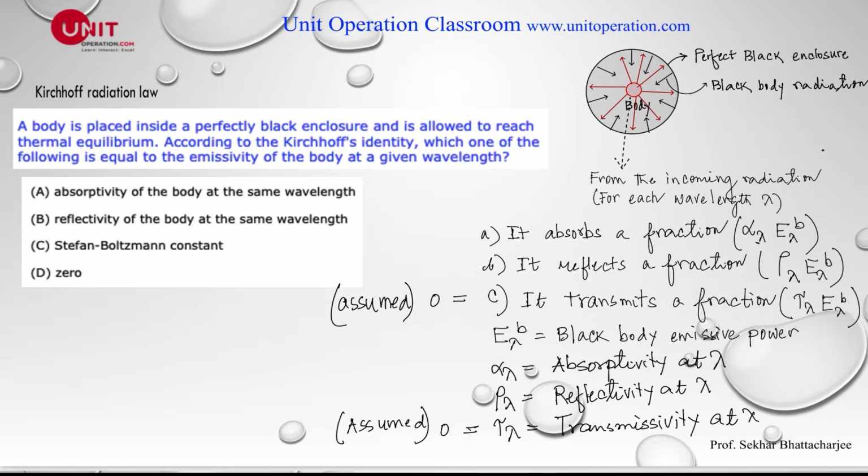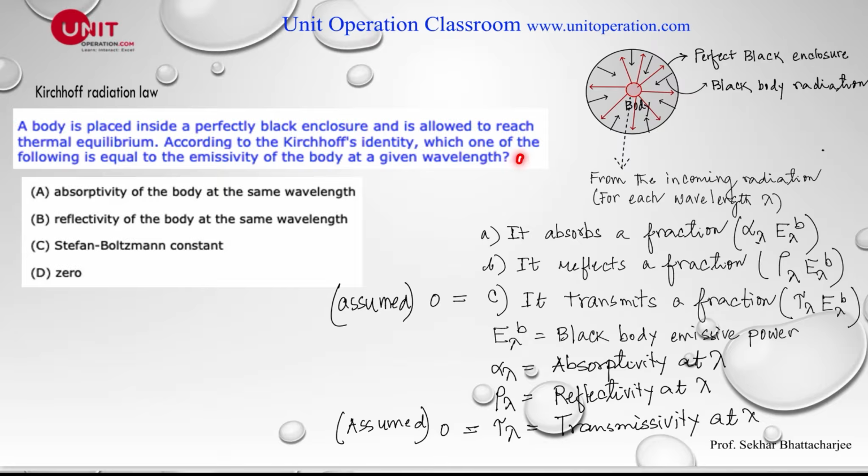A body is placed inside a perfectly black enclosure, and is allowed to reach thermal equilibrium. We'll discuss what is meant by thermal equilibrium. According to the Kirchhoff identity, which one of the following is equal to the emissivity of the body at this